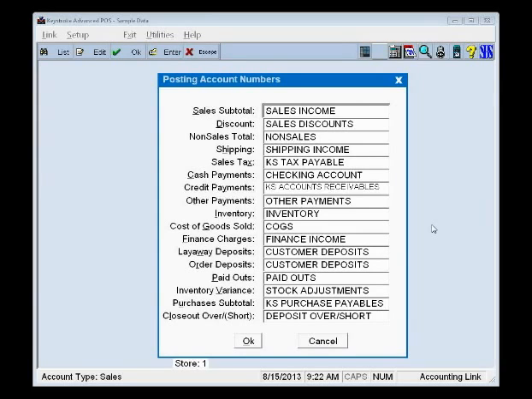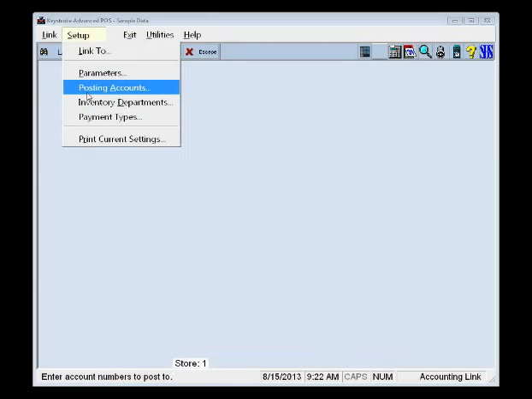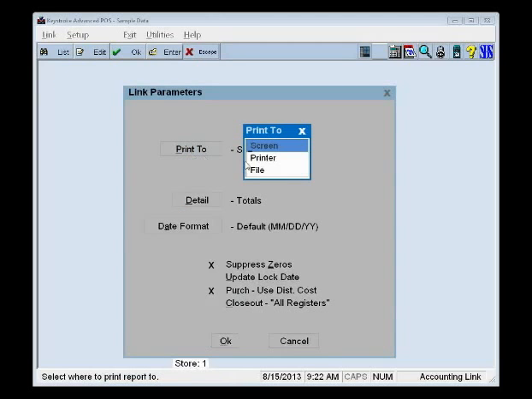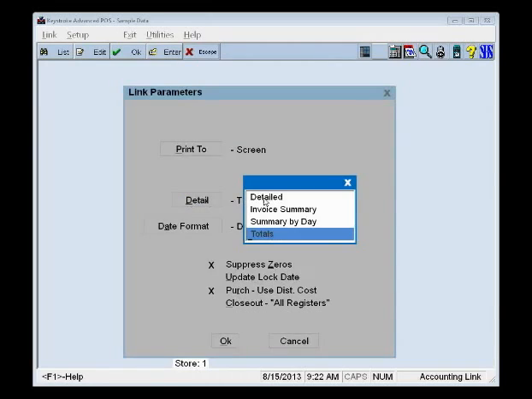Yeah, I have a quick question. On the parameters, you had one that said invoice detail. What does it bring over in the invoice detail in that setting? Well, that's in the parameters right here. Under detail, I can do detailed or invoice summary. The detailed actually brings